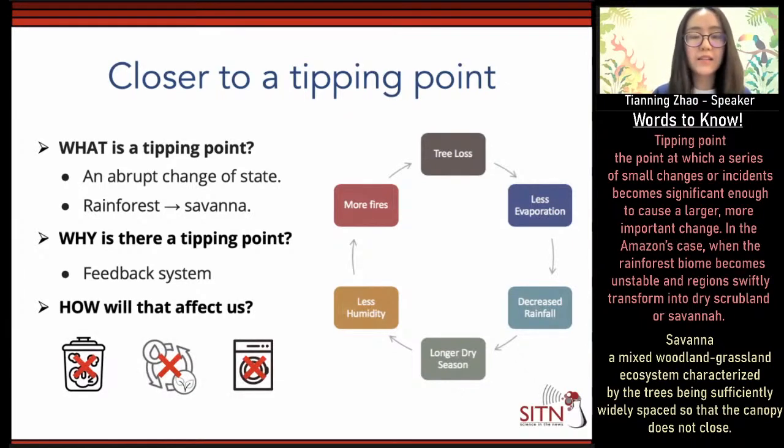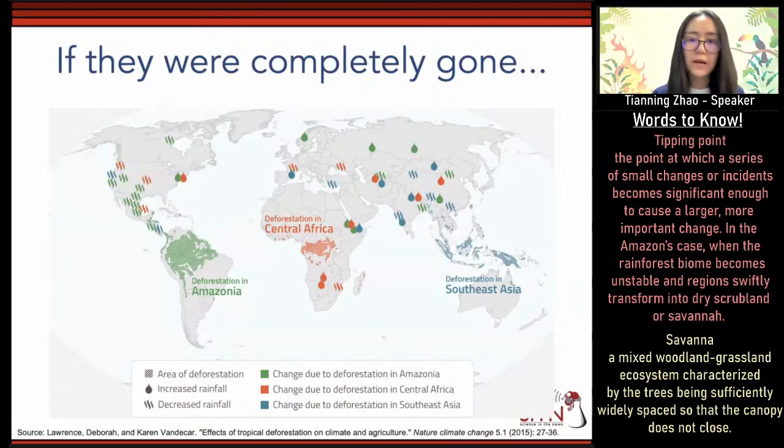All the mechanisms that we talked about before, this carbon reservoir, this weather engine, and this washing machine, when they're not functioning well during the deforestation, they will be completely out of service or dysfunctioning when we reach this tipping point. Just by looking at how this weather engine works, if all the tropical rainforest in the Amazon, Central Africa, and Southeast Asia were completely gone, it would cause the redistribution of the water vapor in different parts of the world.